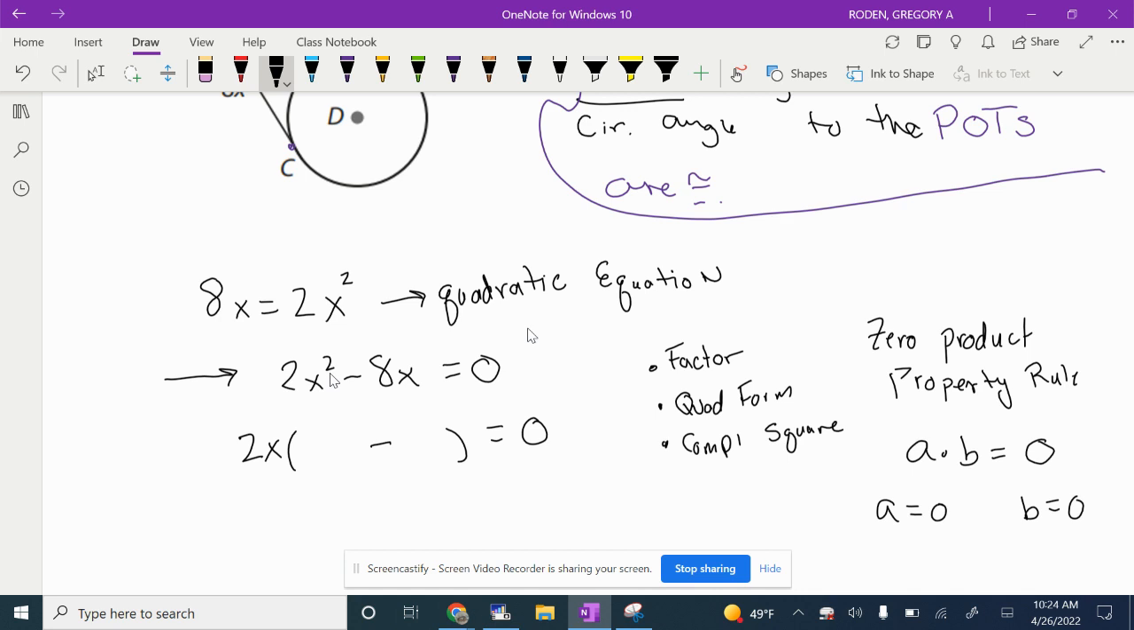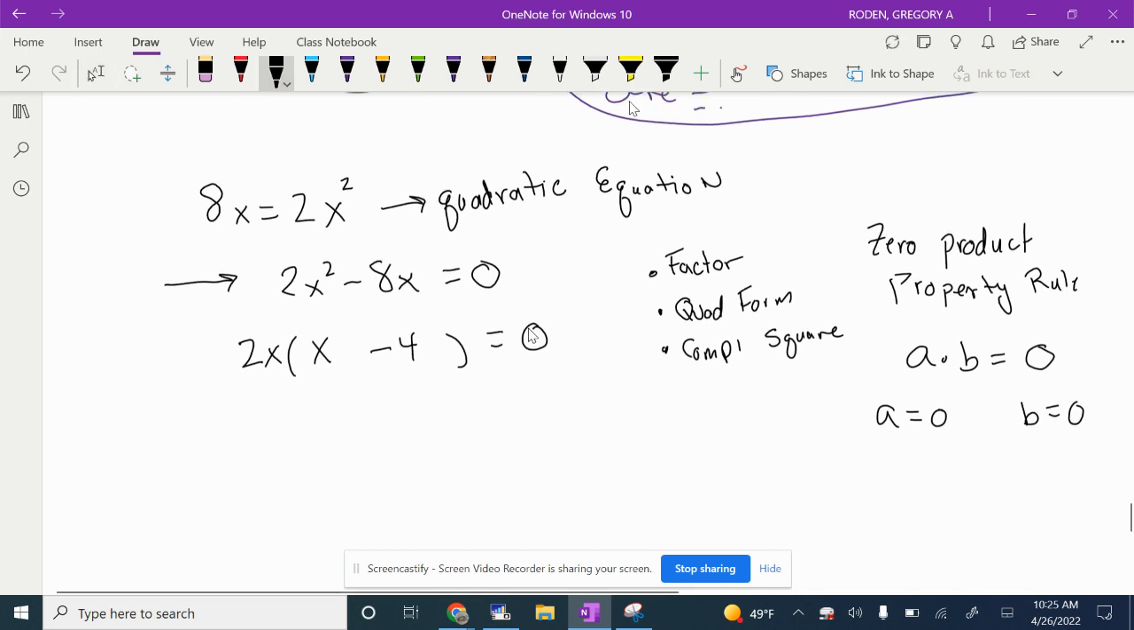2x times what gives me 2x squared, class? X. Do we all agree 2x times x gives me 2x squared? 2x times what gives me 8x? 4. So these are our two factors that equal 0. If you're doing the zero product property rule, you can think of this